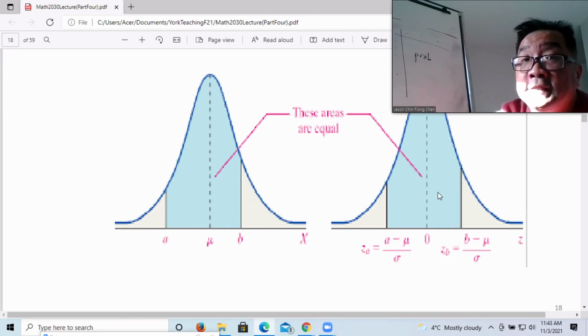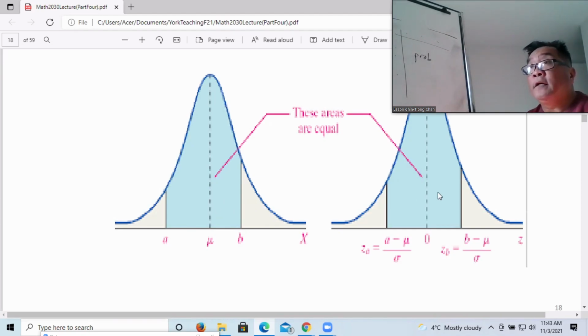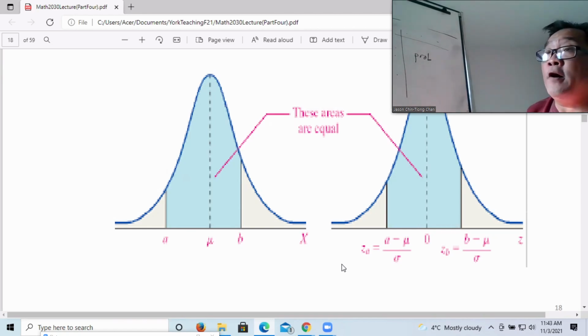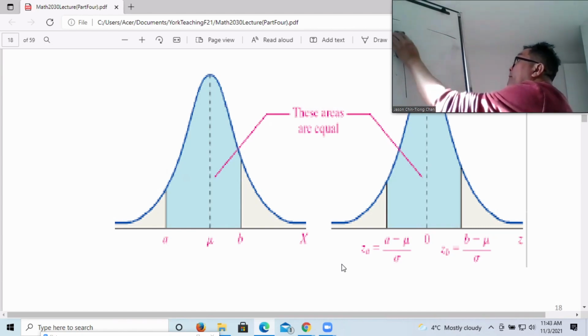So the area is still the same, but we transform in order to use the table. In order for us to calculate the probability value, we need to transform from the X value. Here the X value is A to B. So now we have to convert into Z. So the formula is,